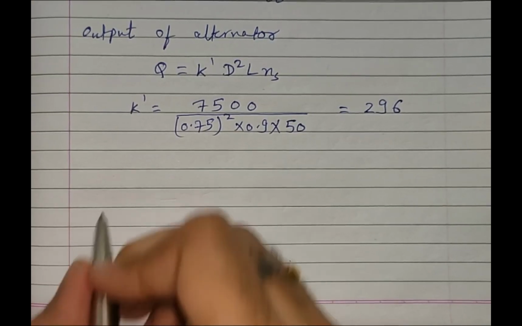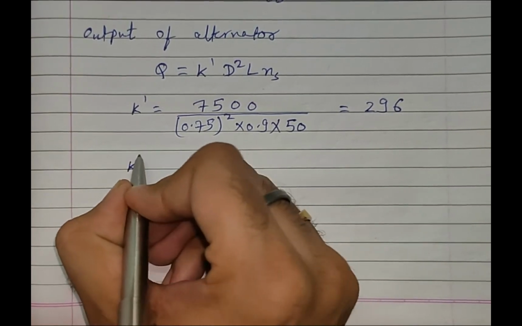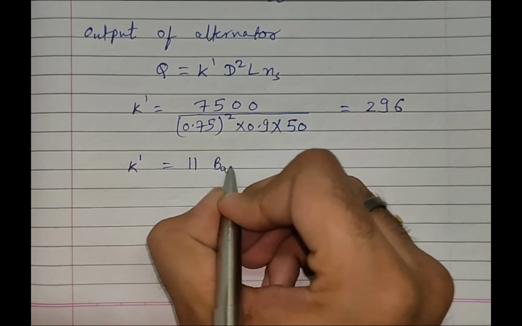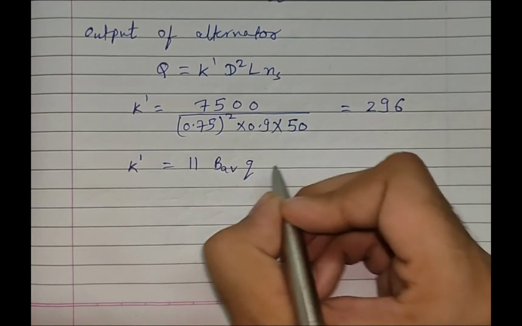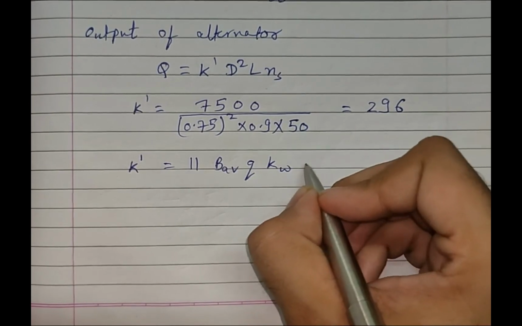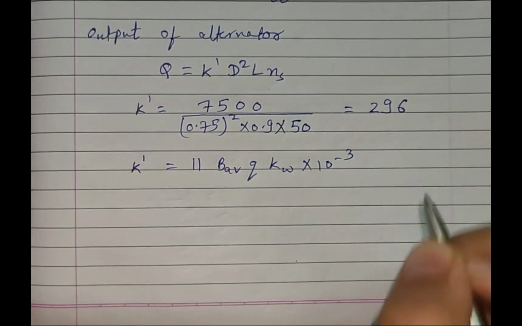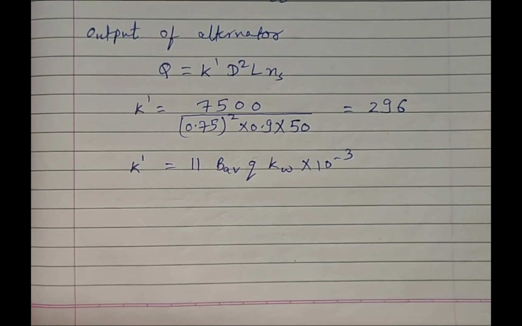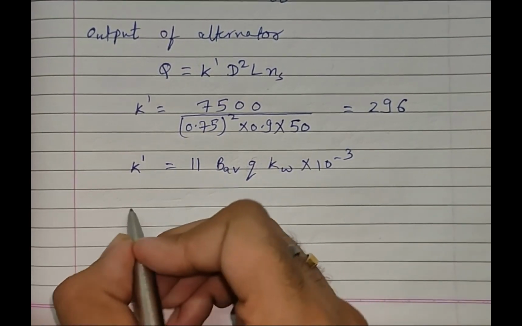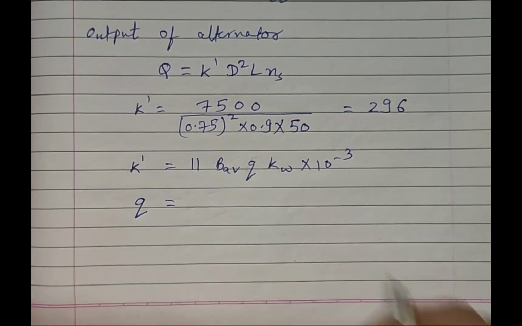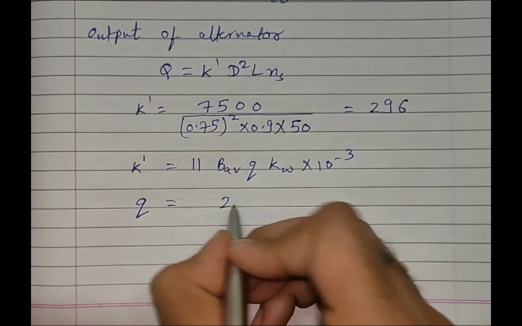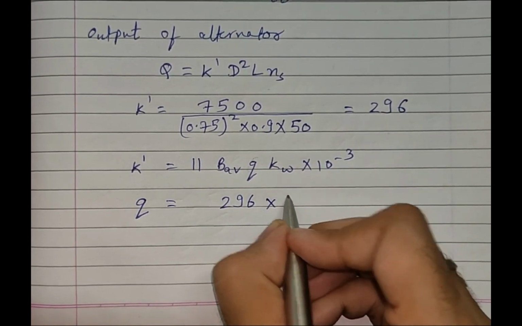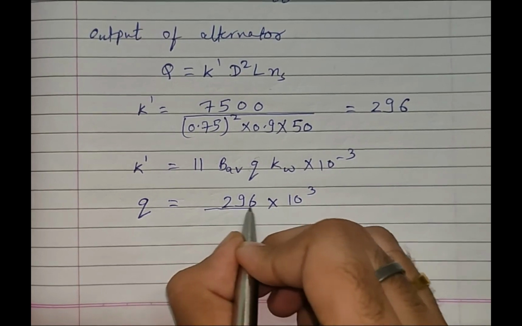On solving this, you get the value of K dash as 296. Now there is another formula for K dash, which is 11 into BAV into Q into KW into 10 raised to minus 3. From this, we need to find out our Q, which is nothing but our specific electric loading. Making that the subject of the equation, small q is equal to 296 multiplied by 10 raised to 3 divided by